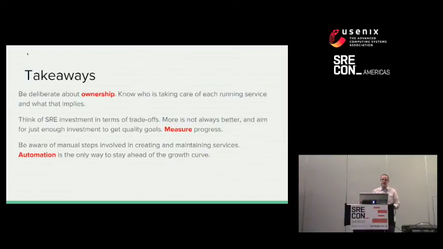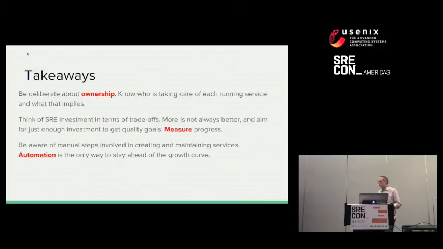So some of the takeaways from us for this. The first one is about ownership. This was a really interesting conversation in the company. There was a lot of resistance to the idea of defining ownership, because we really valued this model of anyone being able to jump in and fix things that are broken. So we did this very deliberately and carefully. And I definitely encourage you to look at how ownership is defined in your company. If you think about that slider, maybe you're too far to the left or to the right, and there's a happy spot you can find where you define what ownership looks like, what that means, and who is the owner of your different systems. We found that to be a very valuable result of this project.